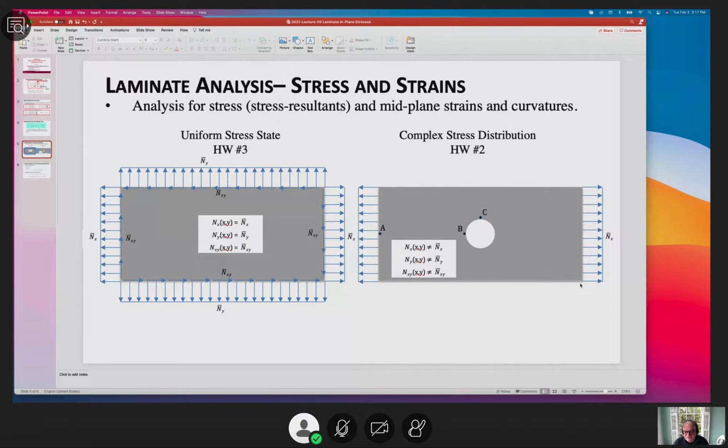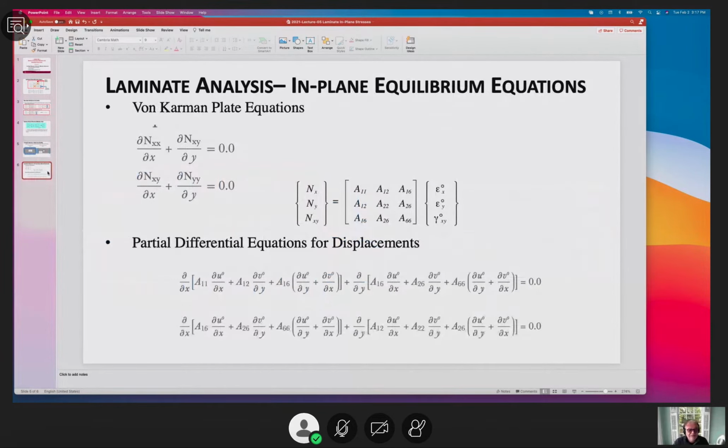So what do we do if we have this kind of a thing? What are you going to be doing? What we will be doing is this, which takes us to analysis. So the first thing is we have to write the governing equations for the plate and for the in-plane. And the governing equations for